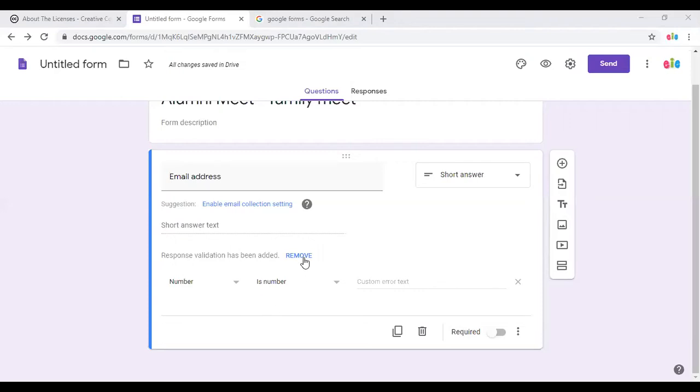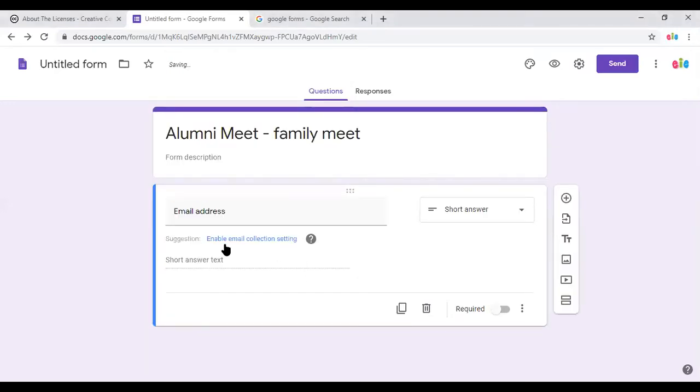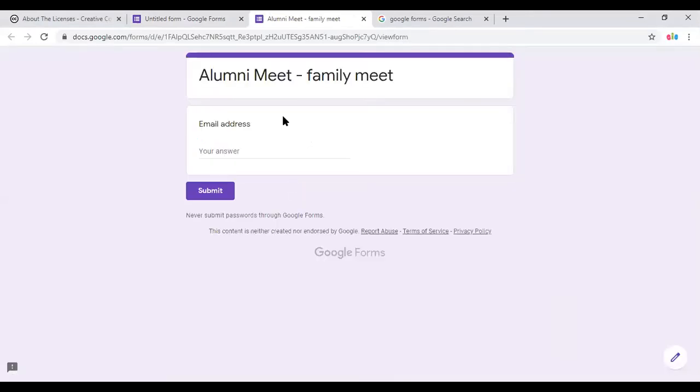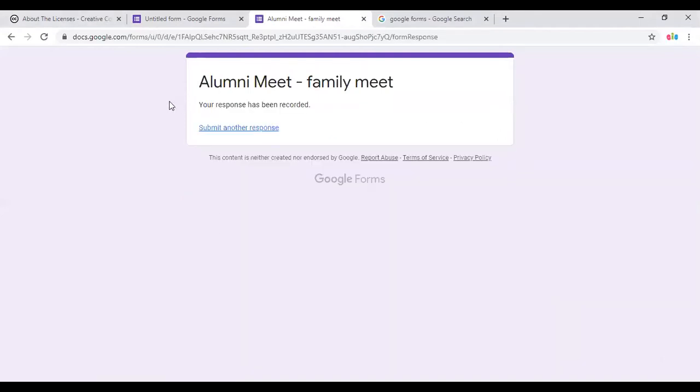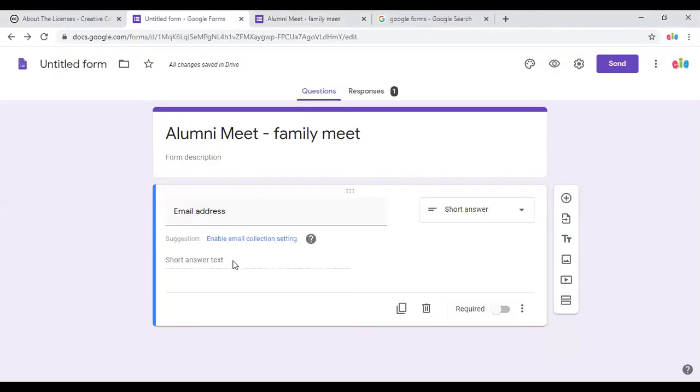Why we require it is, if you don't have this feature and you go for the live form, you can enter anything and it will still take it, but that's not always correct. So a good way is to identify whether it is the correct email or not. For that we'll use response validation.